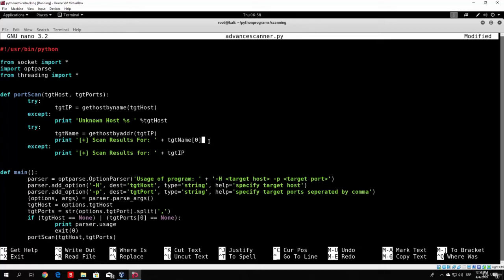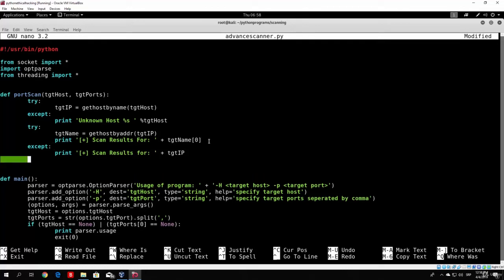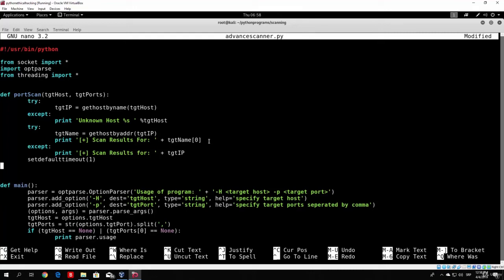So now that we did that, we can use the function that we used in the previous video, which is set default timeout, so we don't wait for an eternity for a single port to scan. So set default timeout to be, for example, 1 second, and right now we can perform a similar part of code that we performed in our previous program. So for target port in target ports, which basically means for every port in all of the ports that you specified in the command,